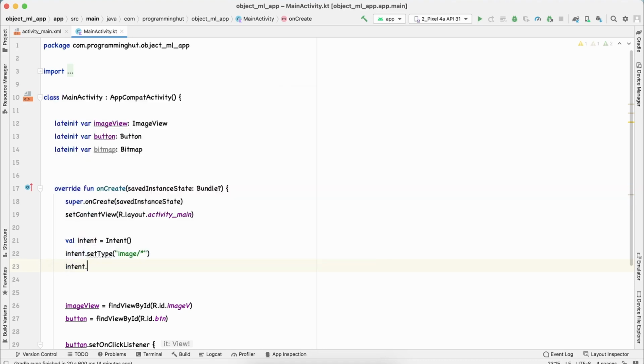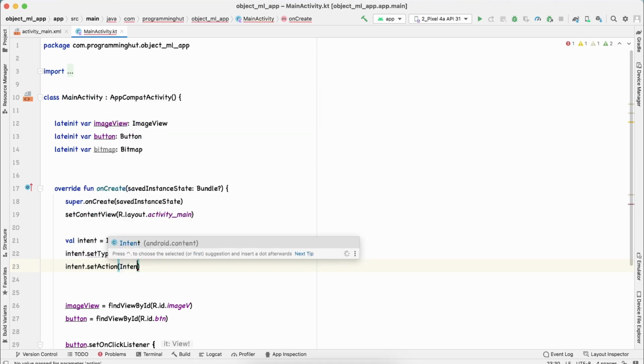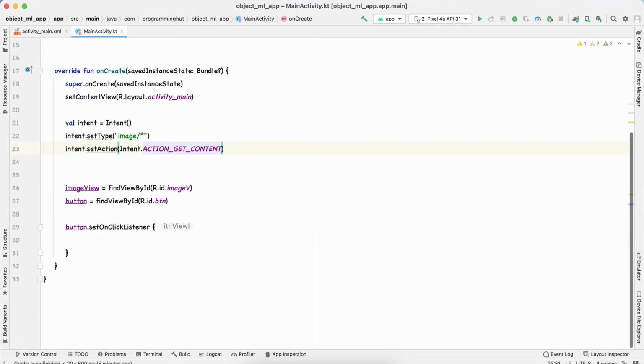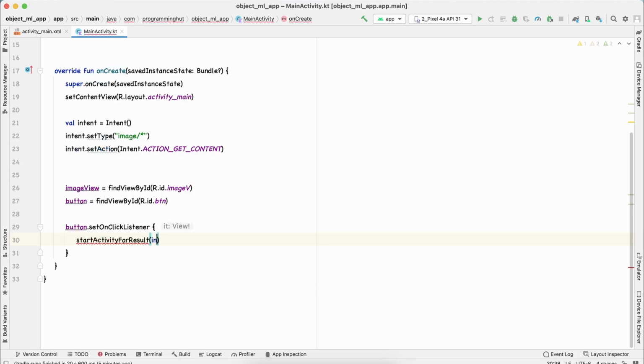Now finally, intent.setAction. The action is going to be ACTION_GET_CONTENT, so intent.action = GET_CONTENT. That's it. Now when the button is pressed, we want to start this intent. So we'll say startActivityForResult and just pass this intent over here